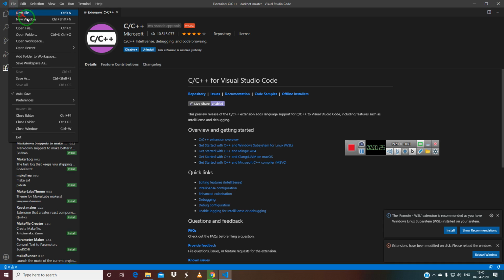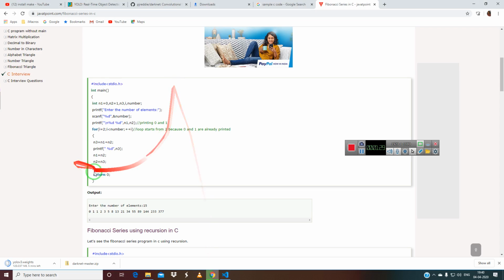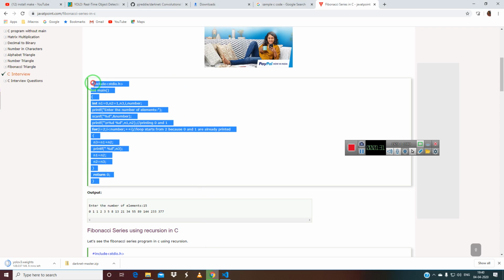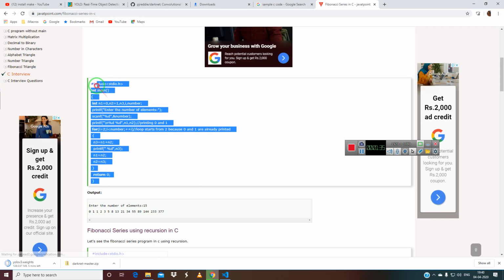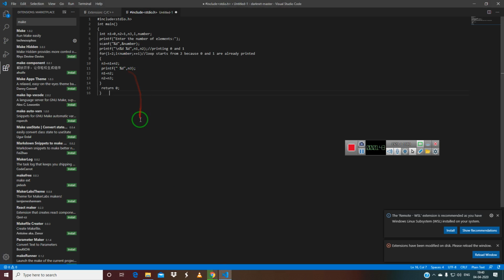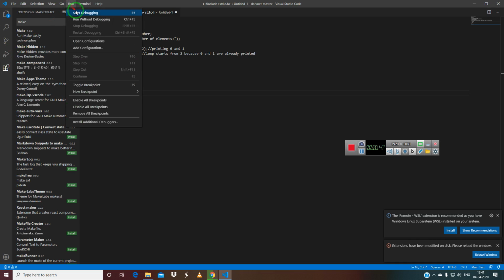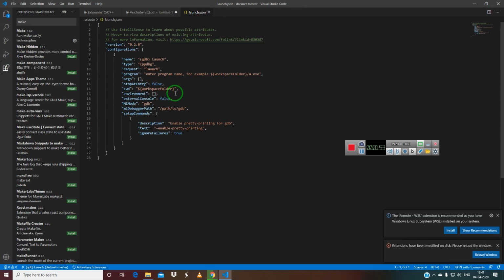So now what you have to do, you have to create a new file, and in that new file, I'm copying this code, Fibonacci, printing a Fibonacci sequence. Okay, just copy this and just paste it. Okay, and when you just run it on this thing,